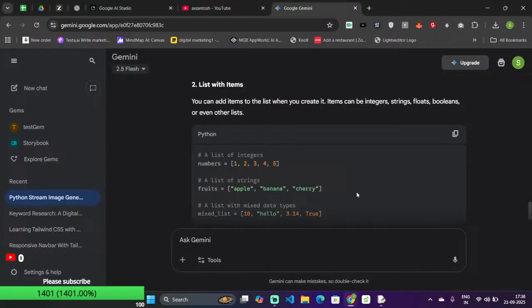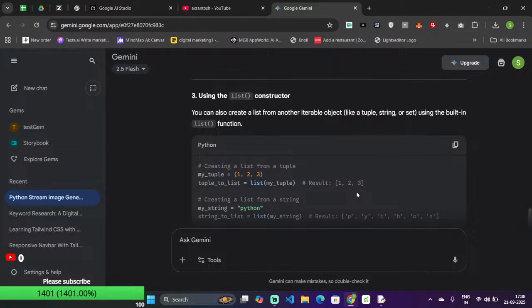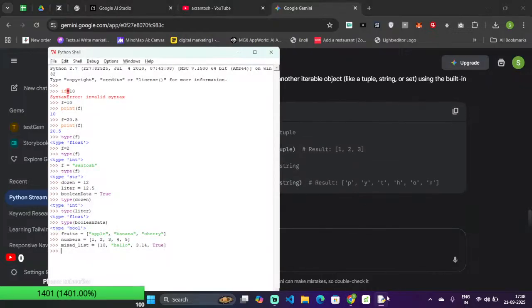Now we can go ahead and see what it is. Now if I just say print fruits of 0,